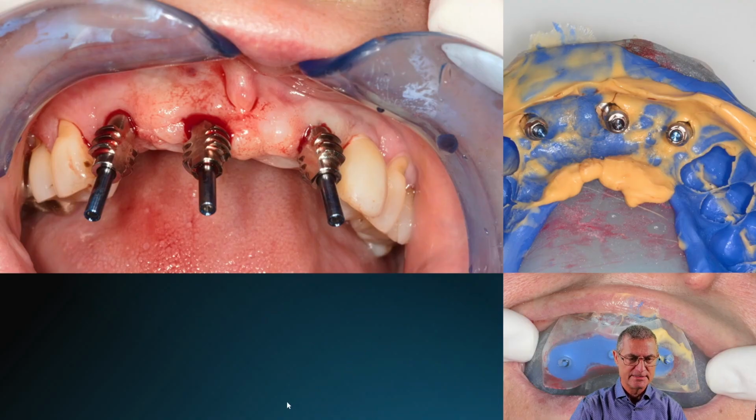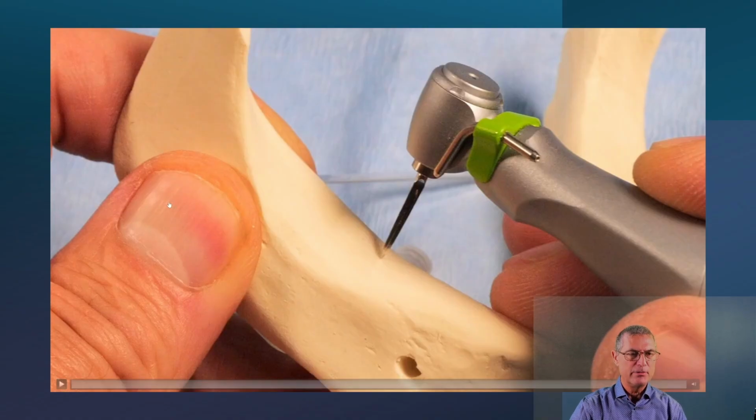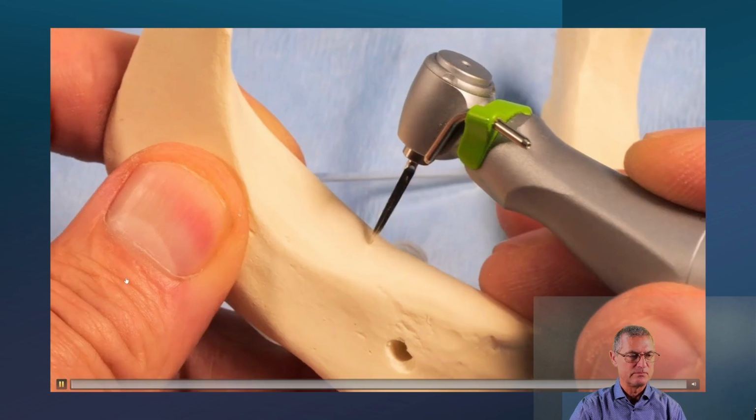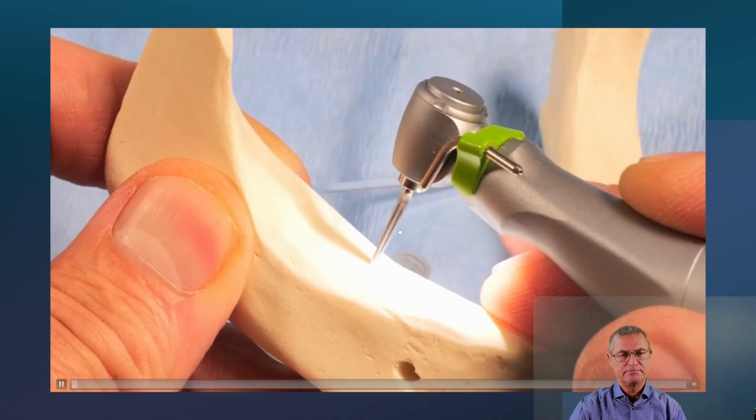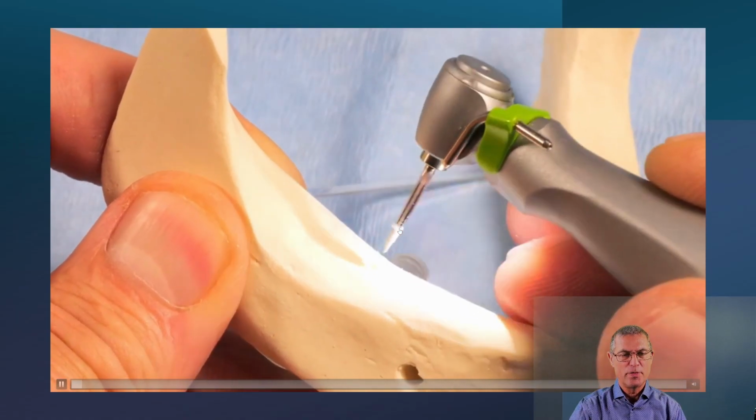So next slide. And now I'm going to show you this model surgery I prepared for you. This is, of course, a plastic lower jaw. And I'm starting with these